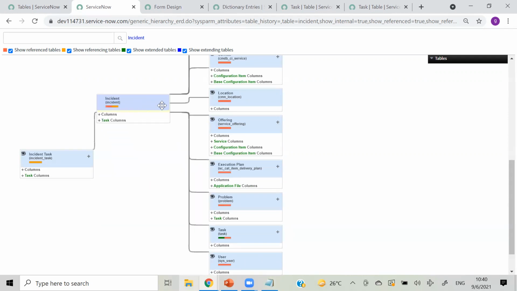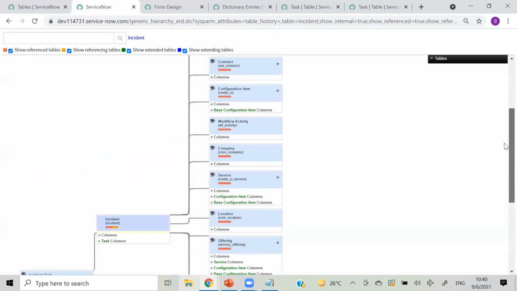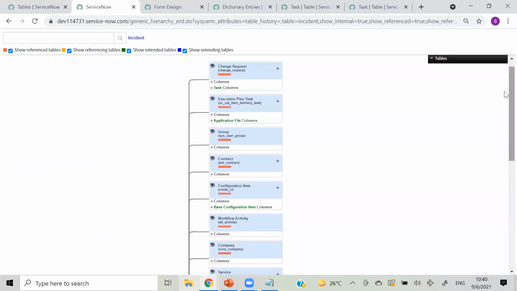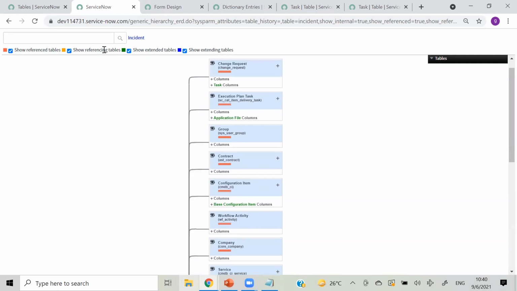Let me try to move this. And after that, we have a separate category. These are some tables which are related to our incident table. We are using a reference field for assigned to, so the user table will be shown. I'm removing this one.